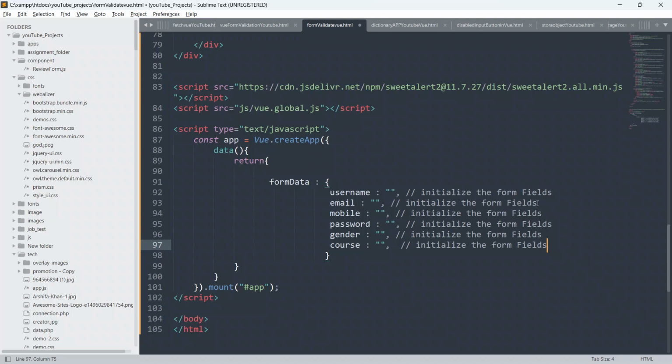I will say add mobile number field to form data.